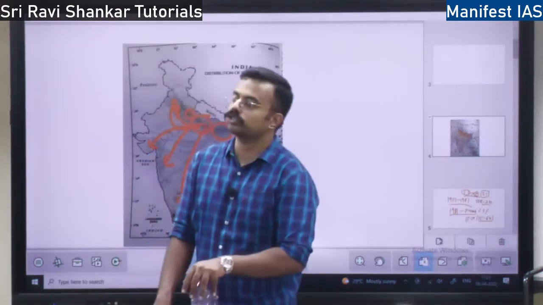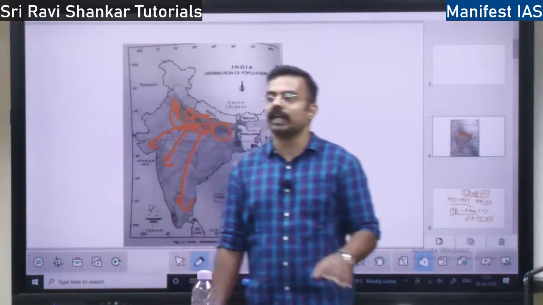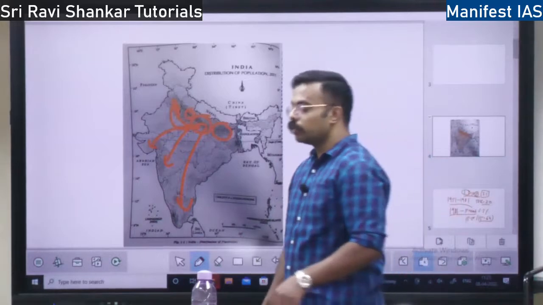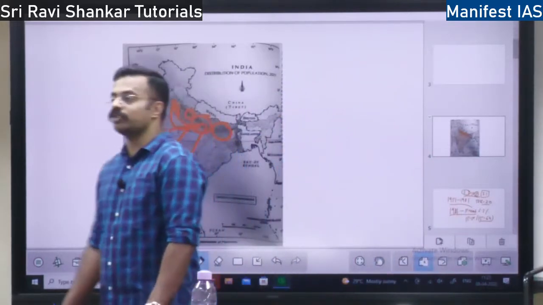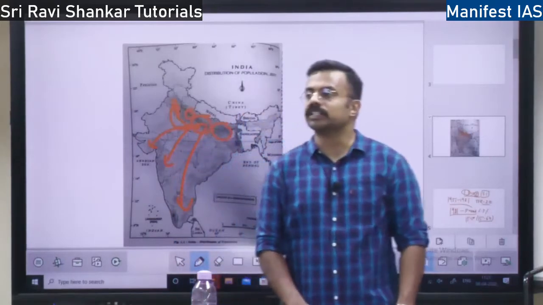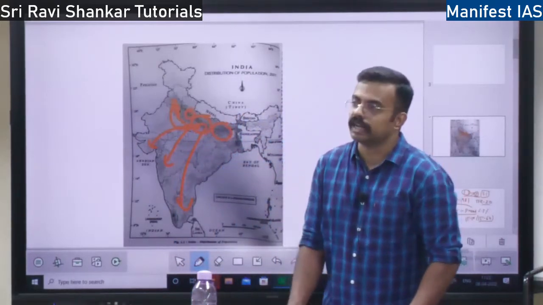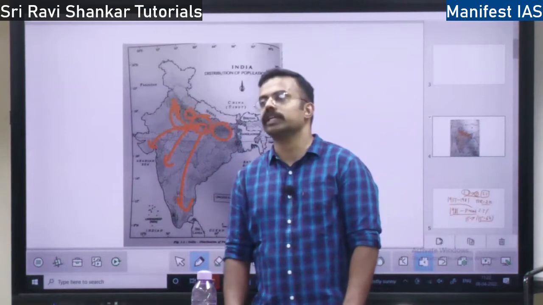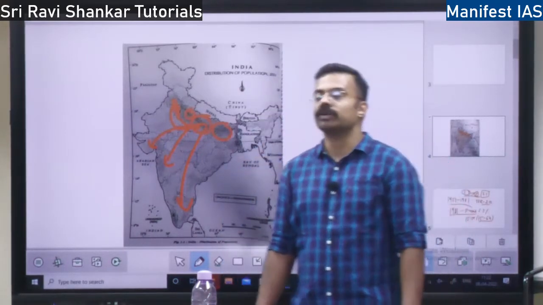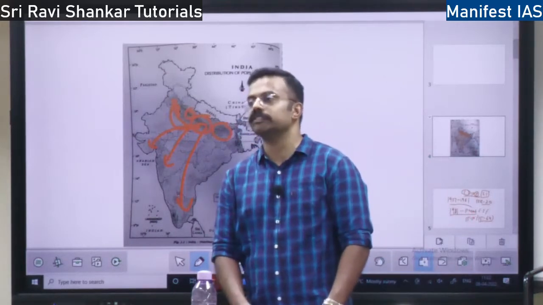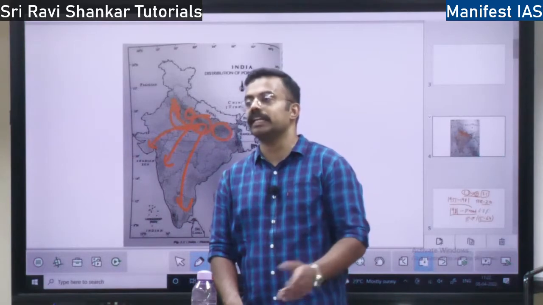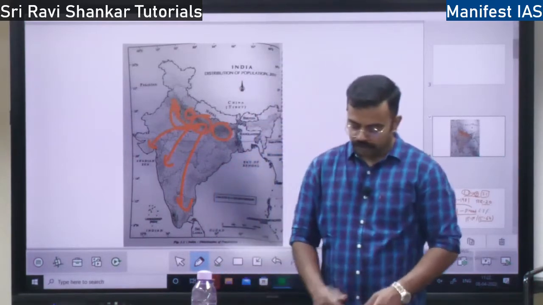The government now wants to give voting rights to NRIs, because it will increase the voting percentage. These NRIs are the most politically active people, because they are educated and employed, right? They have a lot of information on international politics and the political arena of India. So should we give voting rights to NRIs? Yes, we should. It will increase the voting percentage. Why? Because the voting percentage is around 60%. If we give them voting power, it will go up to 70-80%, which is a good number, right?